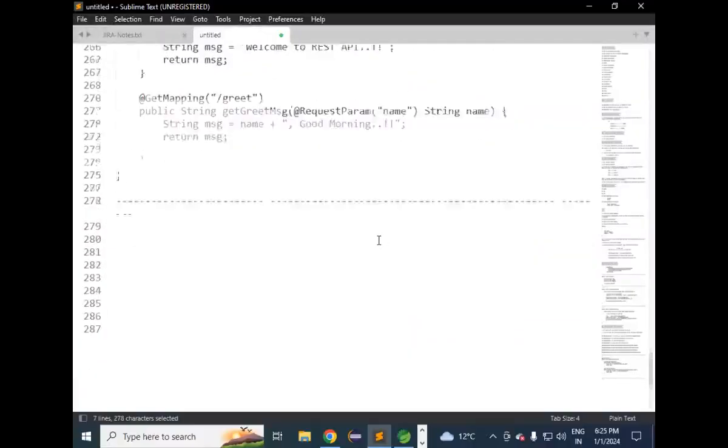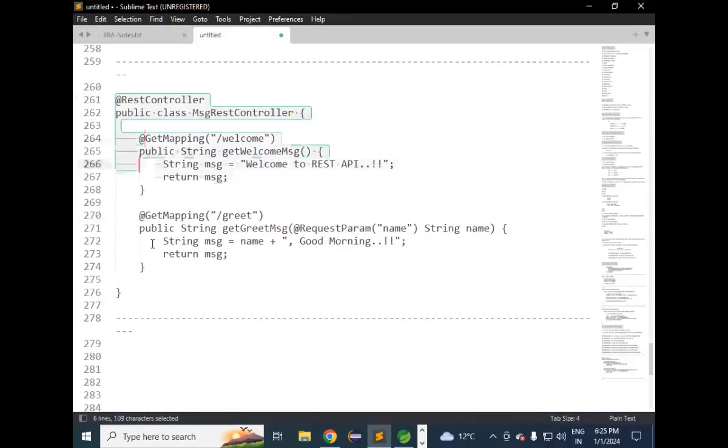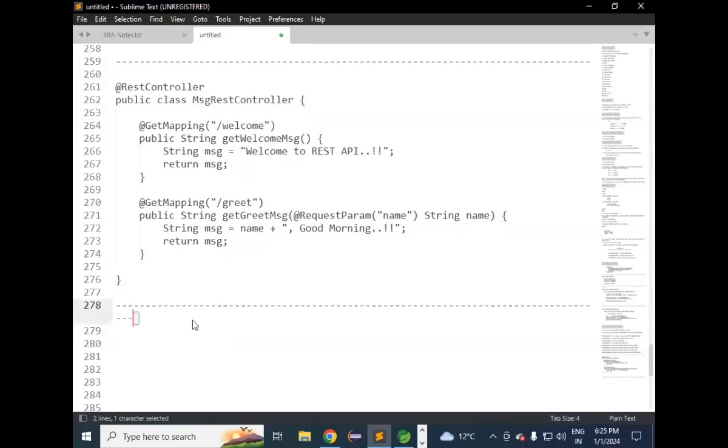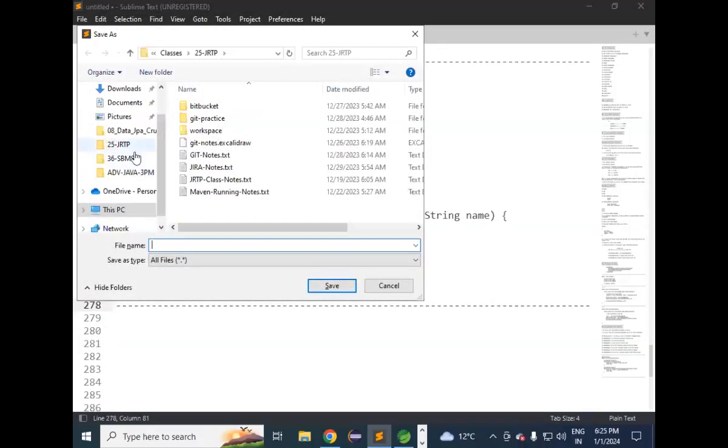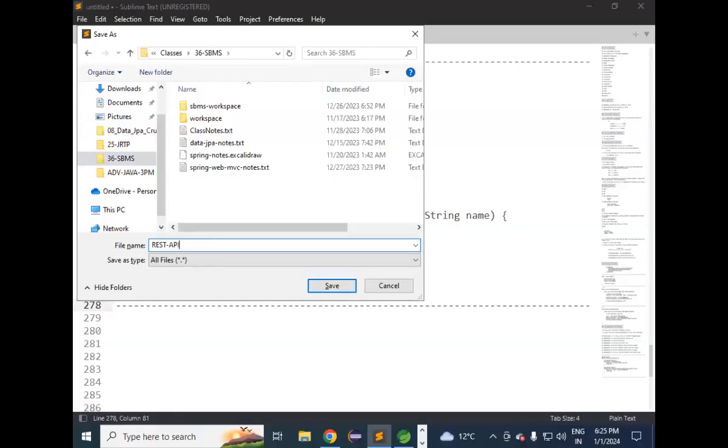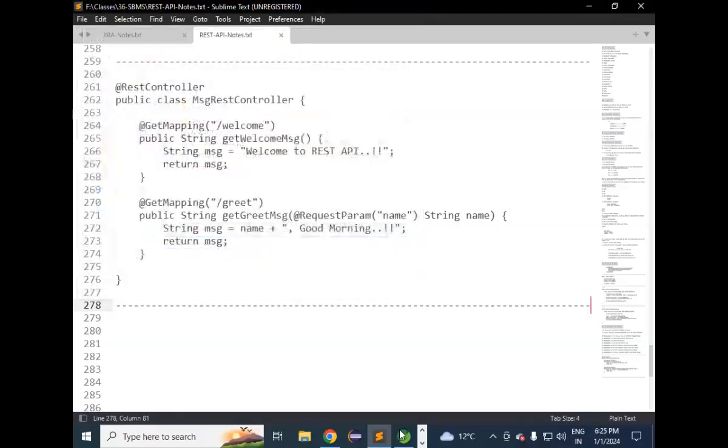In yesterday's session, we created one RestController also, and we were able to test it. How do we test that RestController? By using Postman. RestController means only a business logic backend application. There is no UI available. That is the reason, in order to test our REST API, we use the Postman tool. Okay. Now,